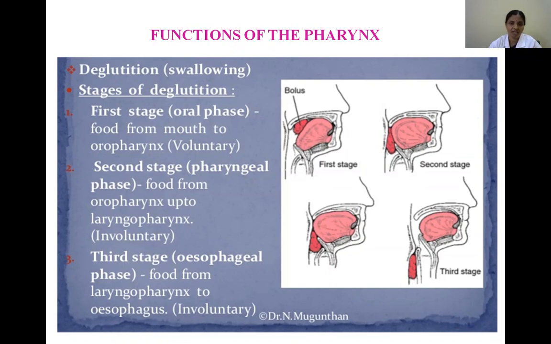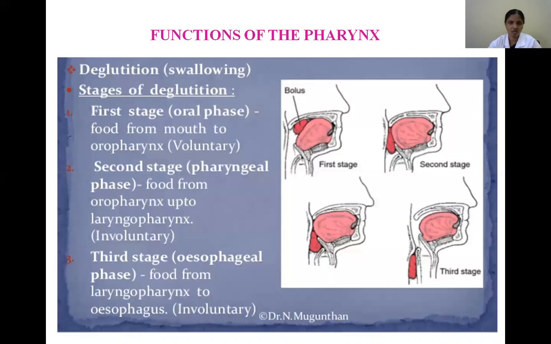And the third muscle is palatopharyngeus, but not the entire palatopharyngeus, only the uppermost fibers, which constrict the isthmus. What is this isthmus? The pharyngeal isthmus. So by the elevation of the soft palate and contraction of the palatopharyngeus, the pharyngeal isthmus is closed. So there is no regurgitation back to the nasopharynx.